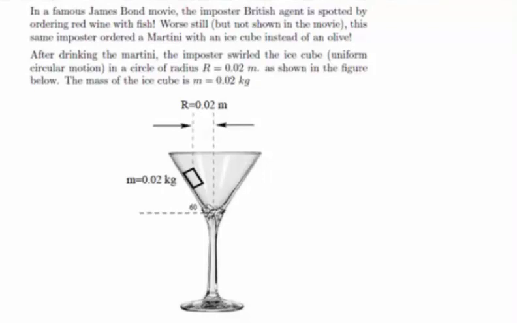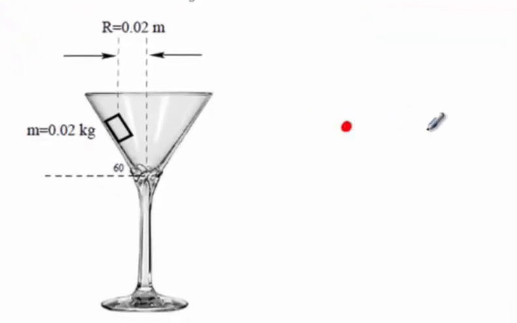Circular motion is a force problem, and the first step in every force problem is to draw a free body diagram. This dot will represent the ice cube. The first force we imagine on the ice cube is gravity, 0.02 times g. In addition to gravity, the ice cube is against the side of the martini glass and therefore